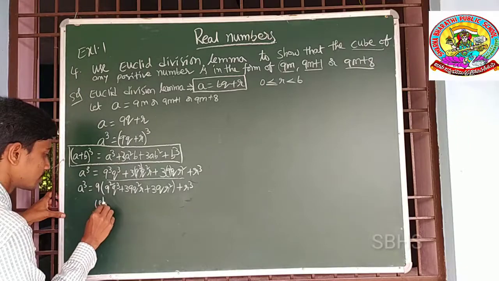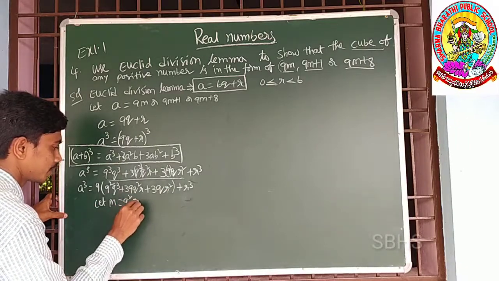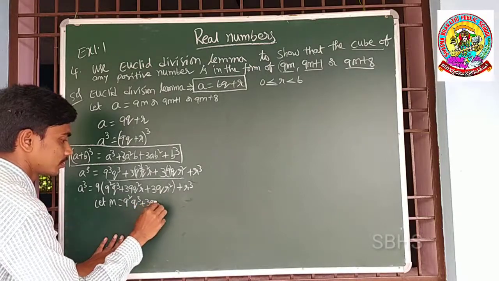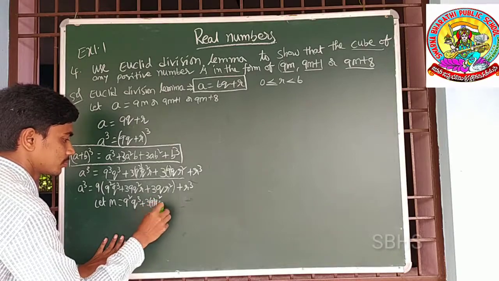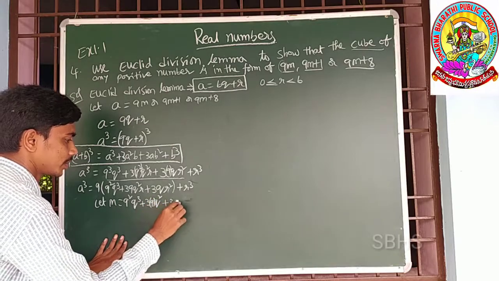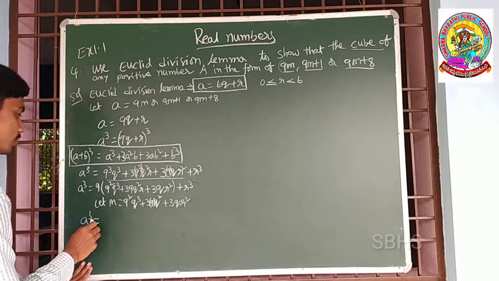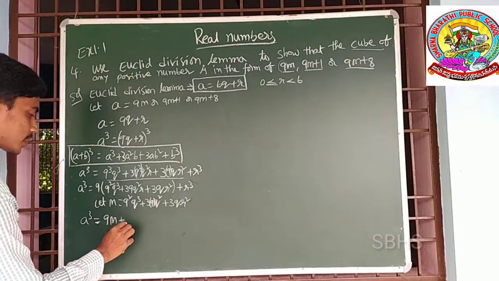Let m be equal to this entire term, 9 square q cube plus 3 9 q square r plus 3q r square. Now a cube is equal to 9 into m plus r cube,